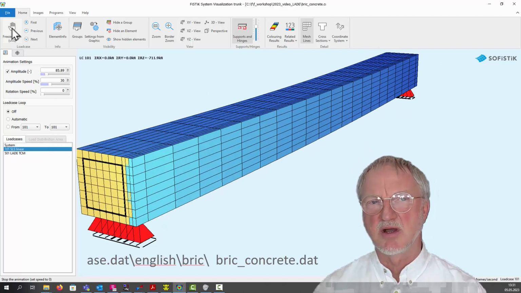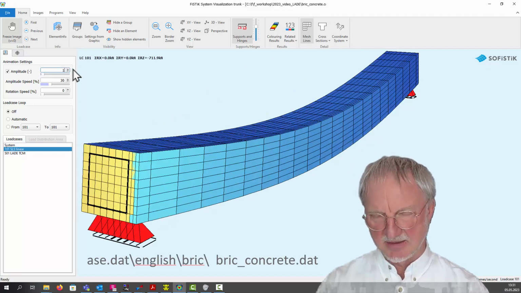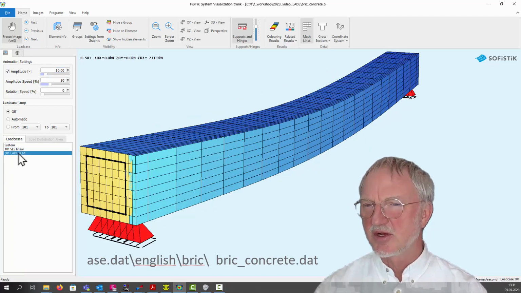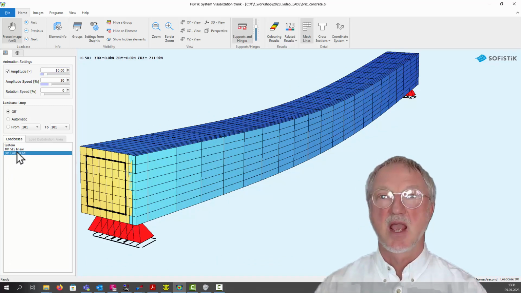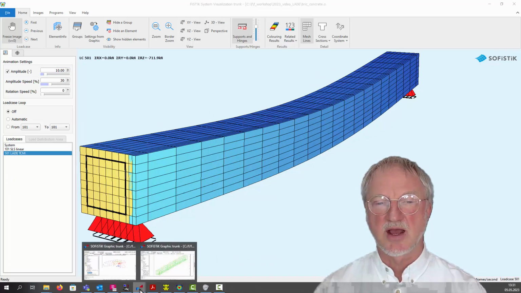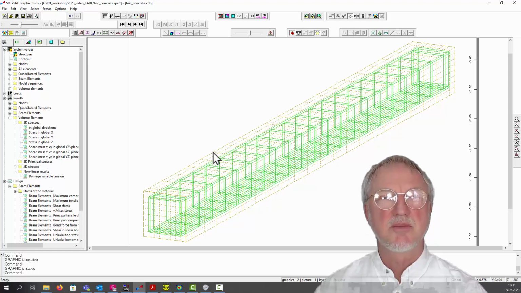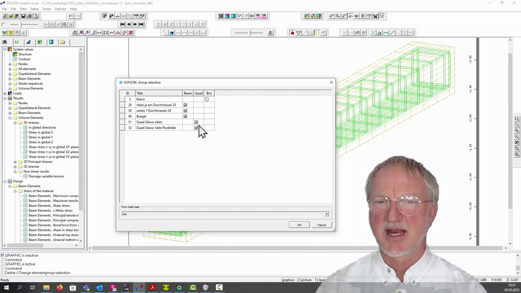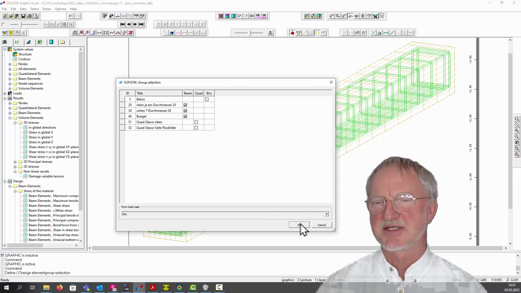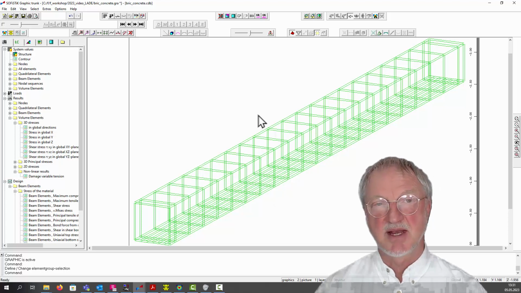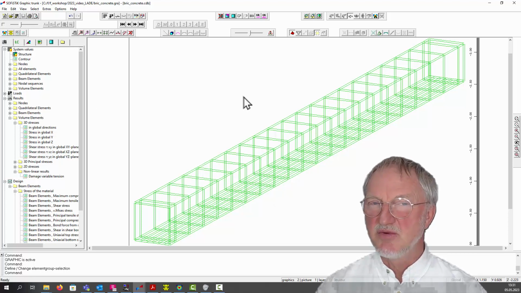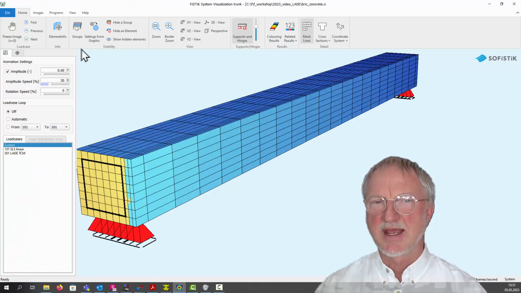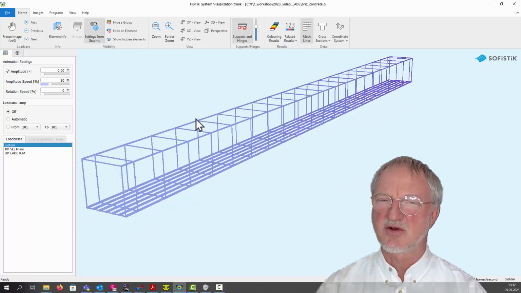If we look to our first analysis and make the factor to 10, we see the linear deflection and here the nonlinear cracked deflection. When we go to WinGraph, we see that we have volume elements and beam elements. I now switch off the brick elements and the quad elements for the surface, and we see the beam elements. We store this view, and when we open our animator, we can take these view settings from WinGraph and